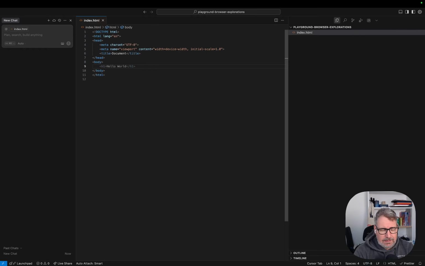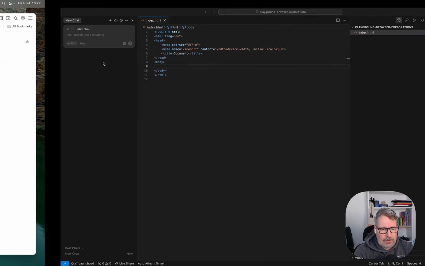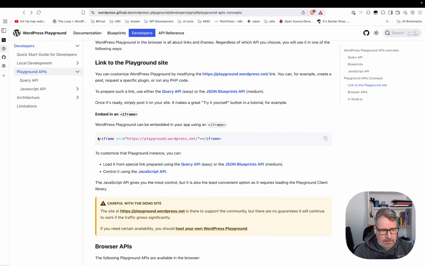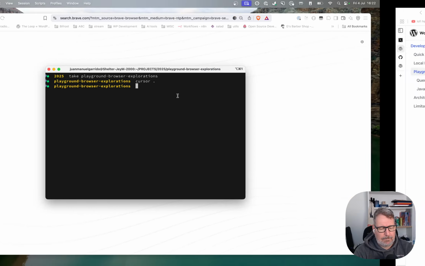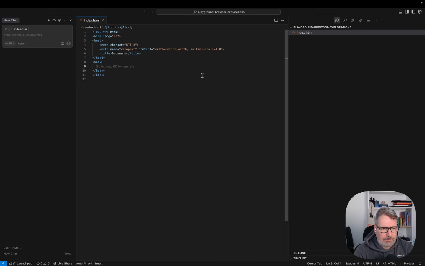So we have this index.html, and what I'm going to do is insert the iframe. The iframe here in the bottom,